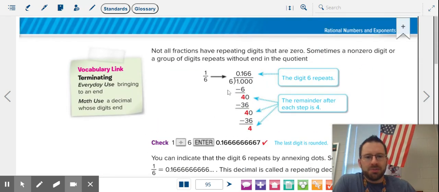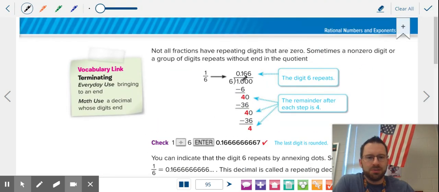All right, now sometimes they're not going to terminate. Not all fractions do terminate. So here you can see a pattern emerging. You keep getting a leftover of 4, that keeps giving you 0, and you keep having to